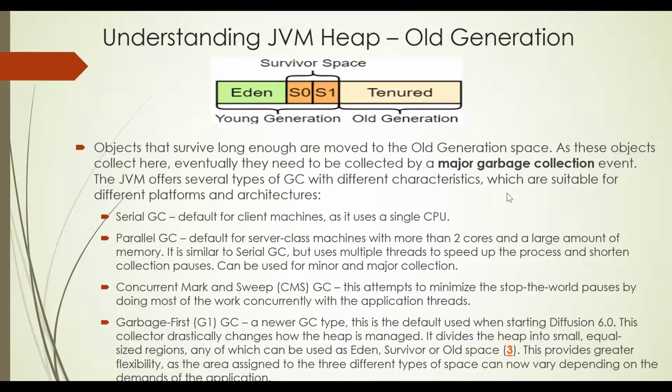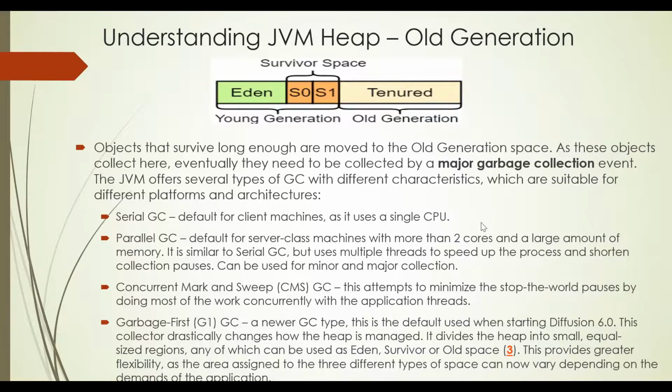There are different types of GCs available: serial, parallel, CMS, concurrent mark sweep, and the latest one is your G1 GC. There are specific reasons when to use which GC, depending on your memory and computer's processor architecture, and also depending upon the objectives that you want to get out of your JVM. If you want throughput, you need to use some other GC algorithm, and if you want speed, you might need another GC algorithm. We will see that in the GC session.